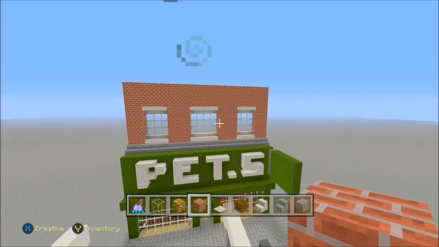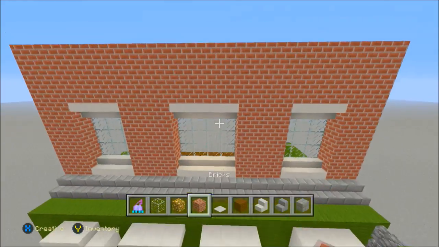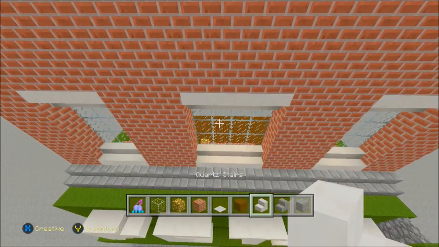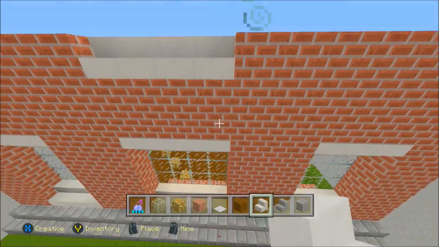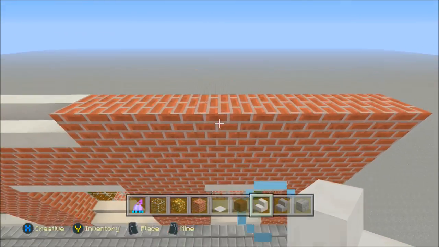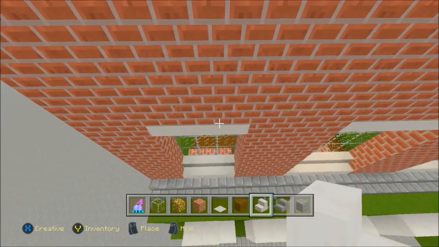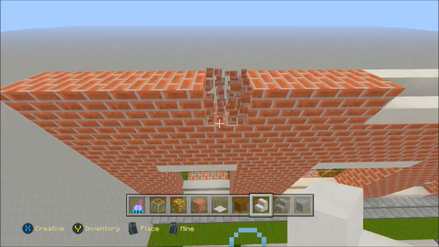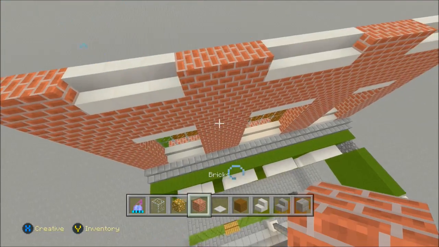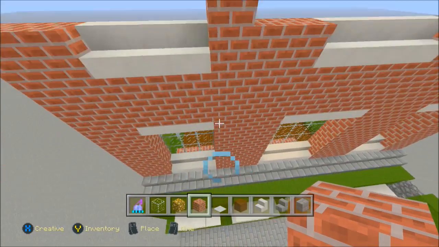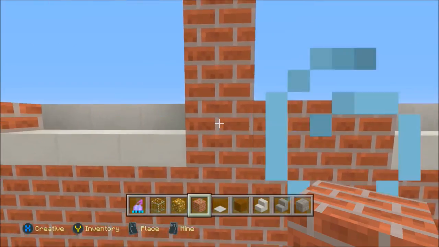So now that we have that, it now looks a bit weirder. So what we want to do now is do the same like we did underneath. So we just want to go 1 2 3 4. I think that's right. Yep. And then 1 2 3. So we just dig down, and then just place the amount of quartz stairs that are underneath here. So we're just going to go 1 2 3 like so, and then once again we're going to take this up by 5 blocks. So 1 2, no wait, it's 1 2 3 4 5. So yeah, from here it needs to be 5 blocks.